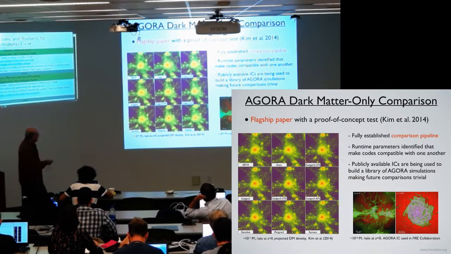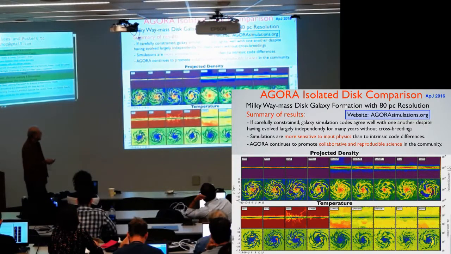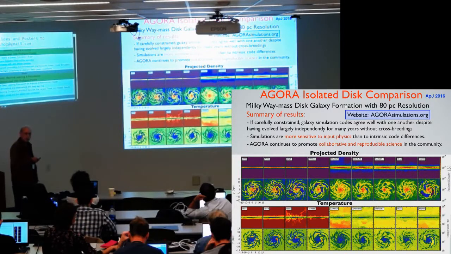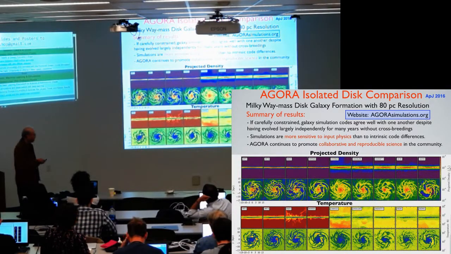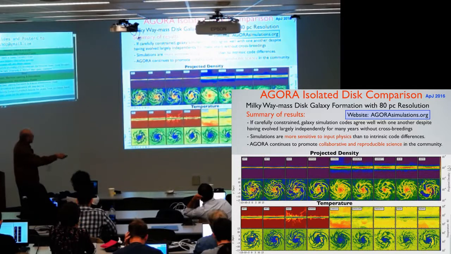And although they look sort of similar, if you look in detail, they're somewhat different. The second paper was an isolated galaxy, supposed to be a Milky Way type galaxy at redshift 1 with about twice the amount of gas. And again, there are 9 different codes, 4 adaptive mesh refinement codes, 5 smooth particle hydro codes, and they look